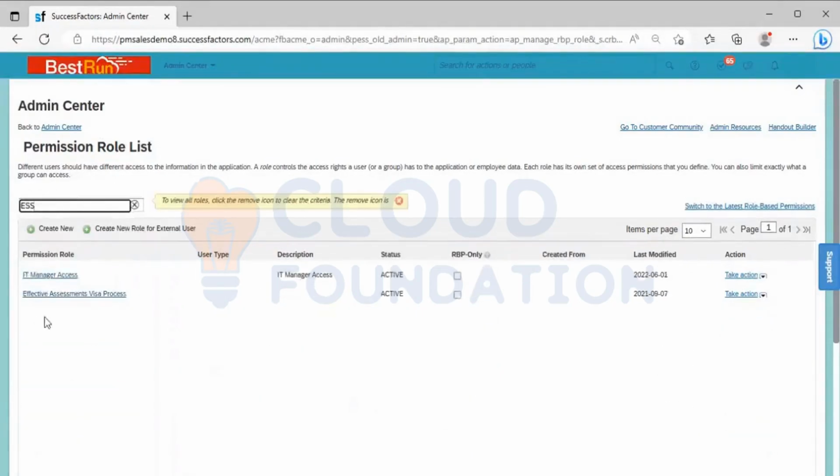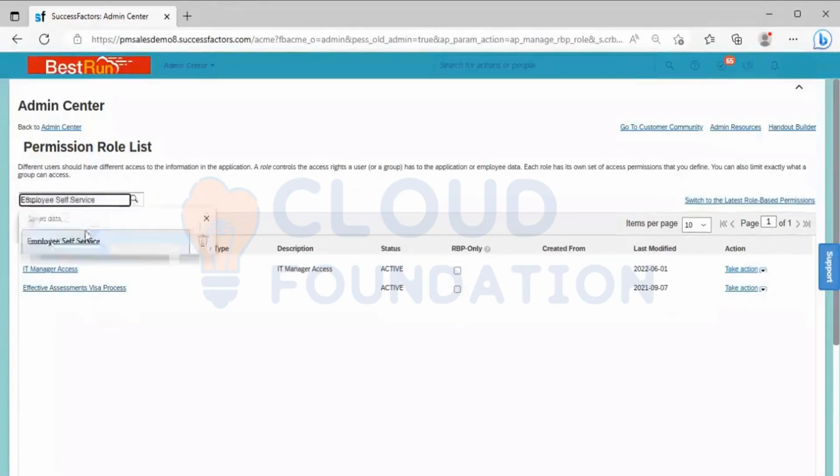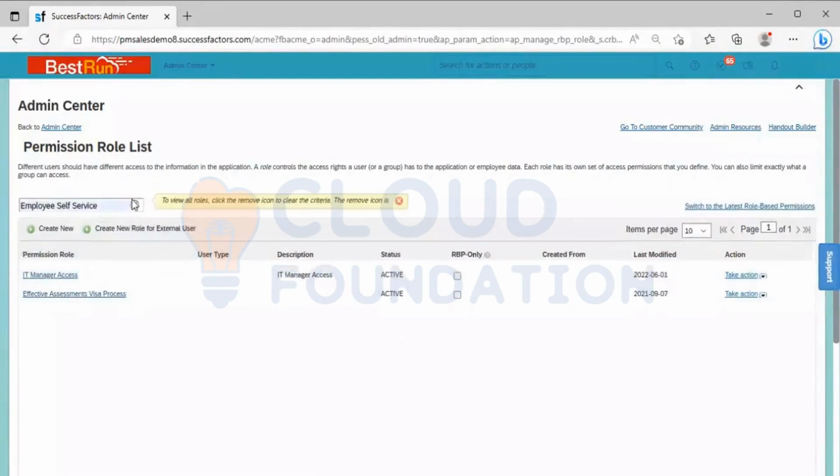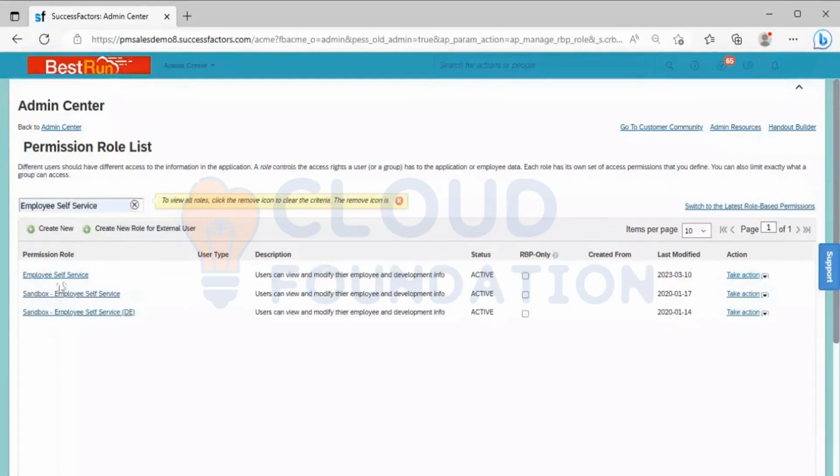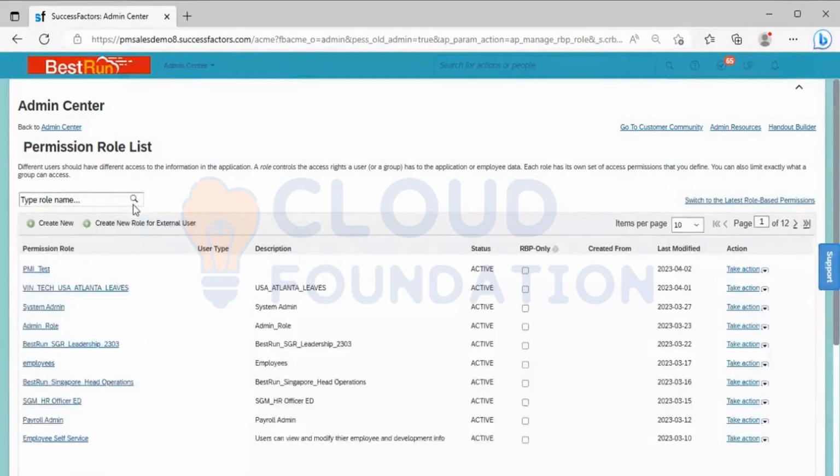Sometimes they will elaborate it as employee self-service or ESS. Similarly, manager also will be there.